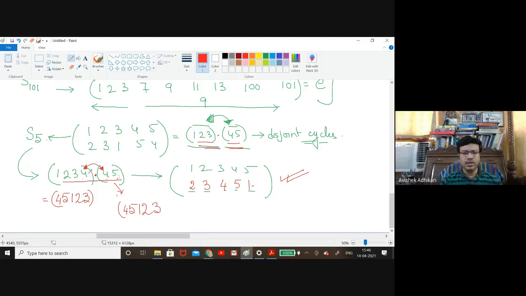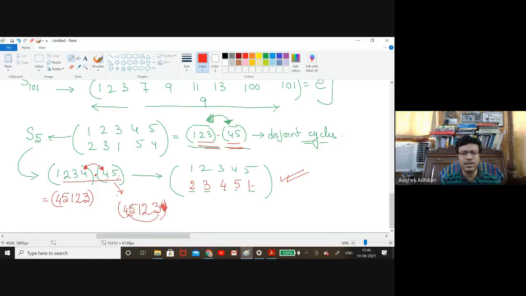3 goes to 3 here, and here 3 goes to 4. And 3 goes to 4 you do not need to write, because 3 goes to 4 means your cycle is complete. That means you can stop here and you can make it complete, and you have exhausted all the 5 symbols 1, 2, 3, 4, 5. So you do not need to worry much, because no other elements are present here to go somewhere else, because you have exhausted all the elements.